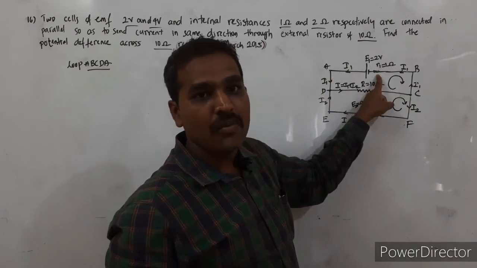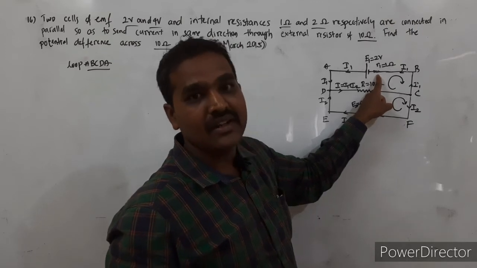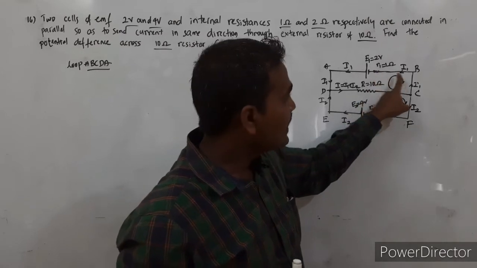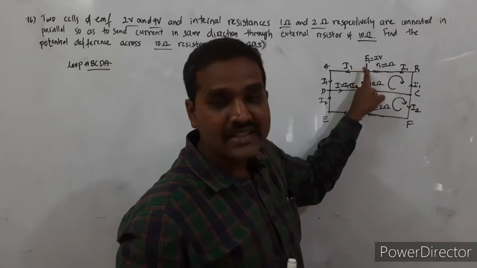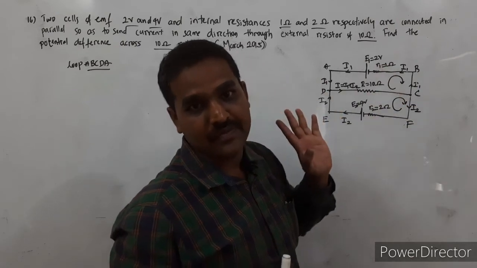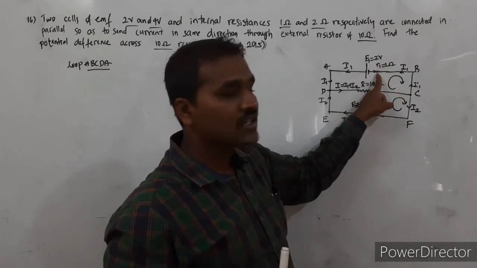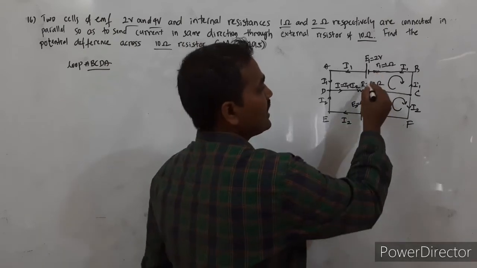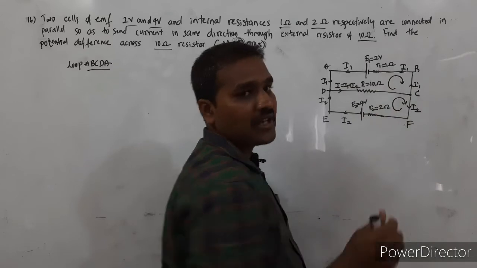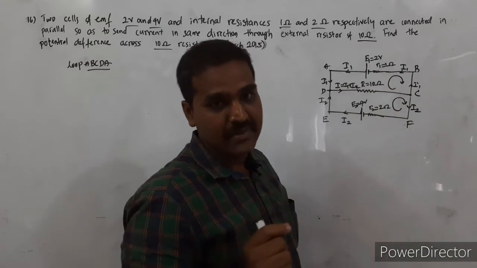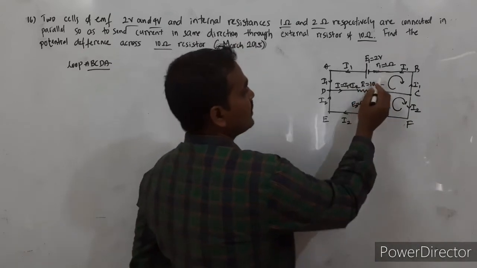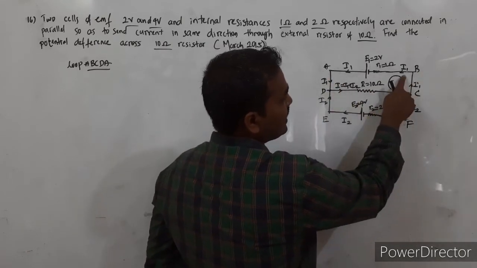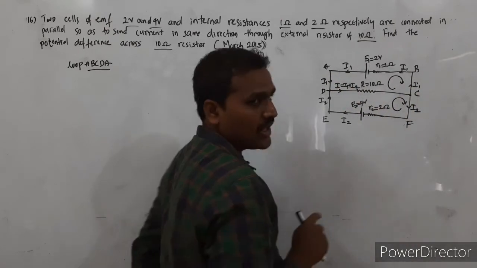The potential drop caused by the currents at the resistors will be plus if the actual direction of that electric current is opposite to our assumption. And the potential drop across any resistor is negative if the actual direction of electric current and our assumed direction are both the same. Look at this example here. I am assuming the current is flowing from A to B, but actually I1 is flowing from B to A. That is possible.